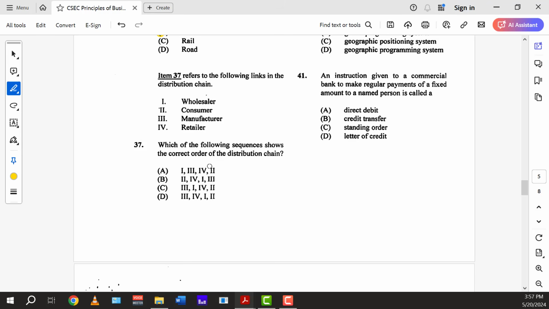So that's back, which is a normal traditional one. Just know it always ends with the customer, right? The consumer always last, so B is out. And it always starts with the manufacturer. They made this stuff, right? So it has to be 3. So 3 begin to end. So that's C or D. But after the manufacturer, you have the wholesaler, which is 1. So the answer is C. And the wholesaler then sells to the retailer, who then sells to the final consumer.